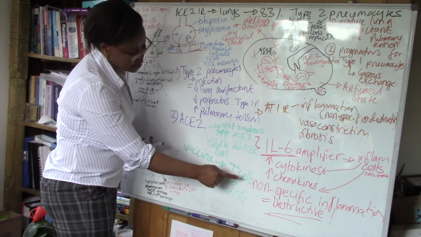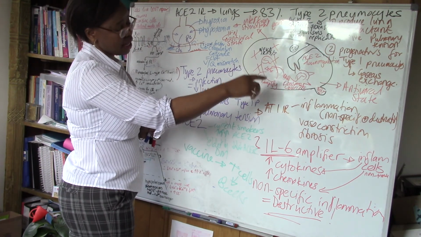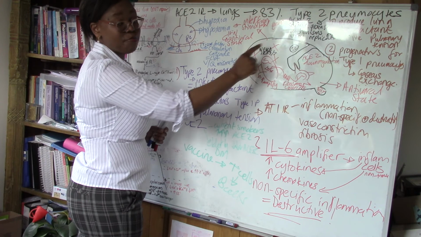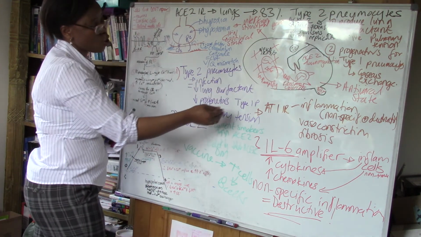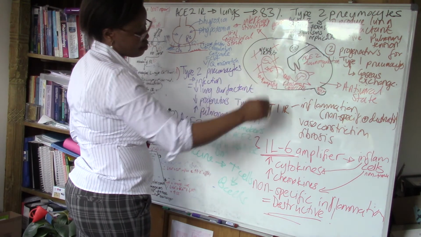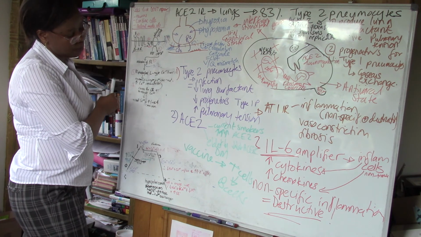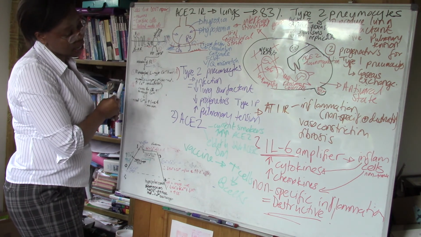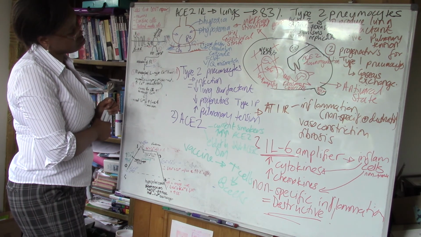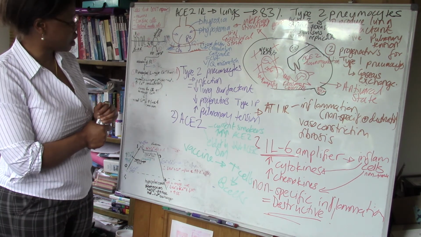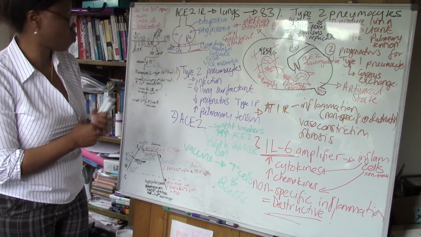T cells are also specific for identifying cells that have been infected and specifically targeting them. But of course, the virus does stop all of that from happening, and that is part of a more specific immune system response. So, yeah, I suppose really that is quite a brief summary of what the virus does